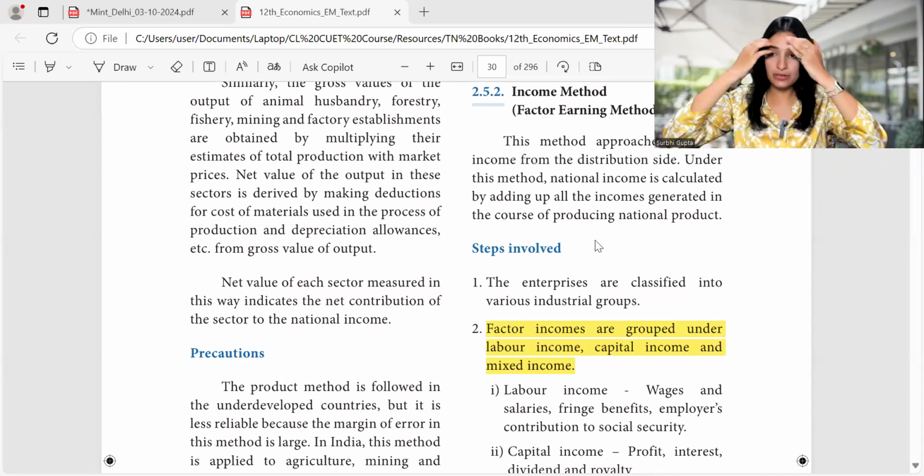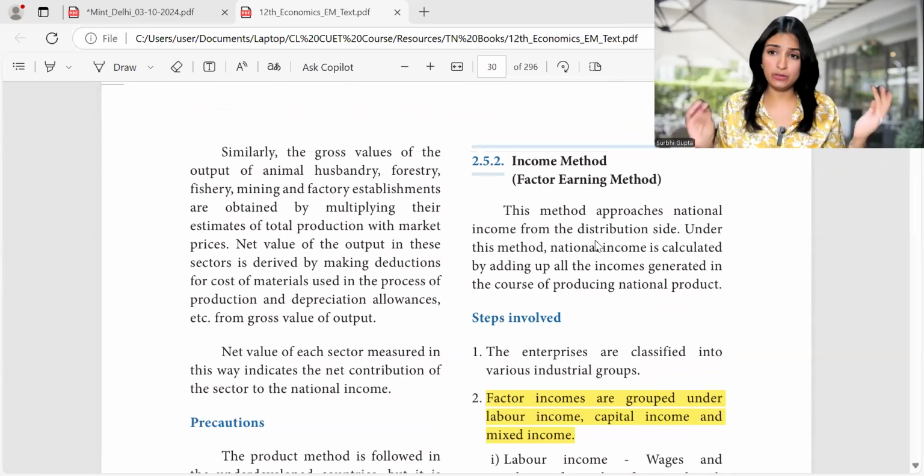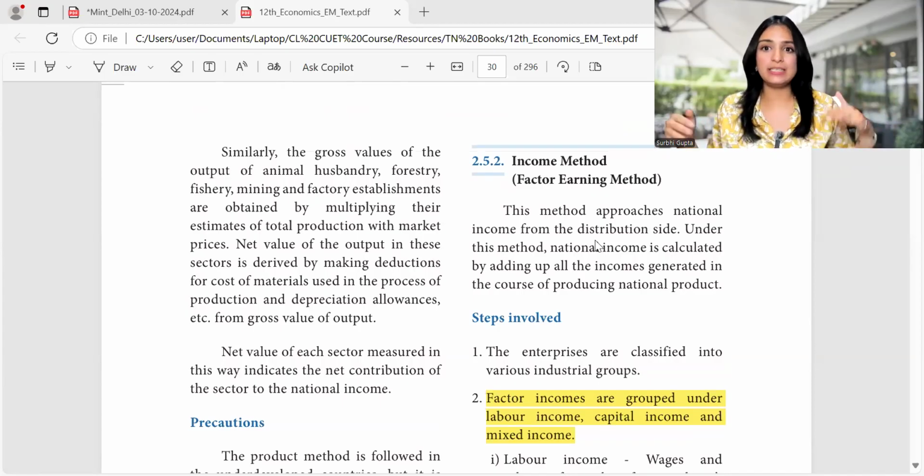So today, we are currently doing methods to measure national income, and we've already completed the product method, which we also call the value added or inventory method. Today, what we are going to do is the income method.